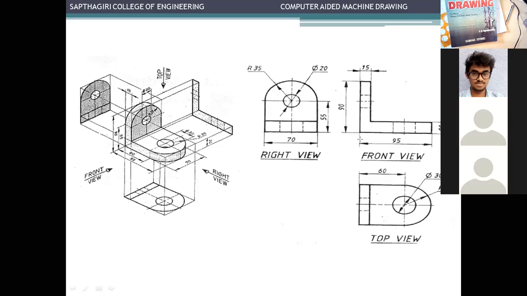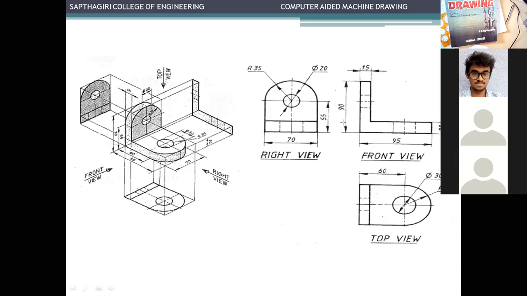Identify the dimensioning here. Extension lines are very, very thin. You can see here, these are extension lines, thin lines. This is the object which is represented in 2B, and these extension lines are represented in 2H, or thin lines in HB pencil only. And this is a computer printout. You are representing this arrow mark in a filled way. You can represent the arrow mark in an open way, but the taper should be very clear.